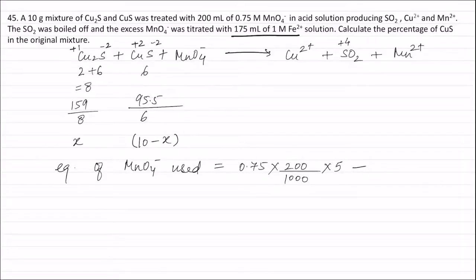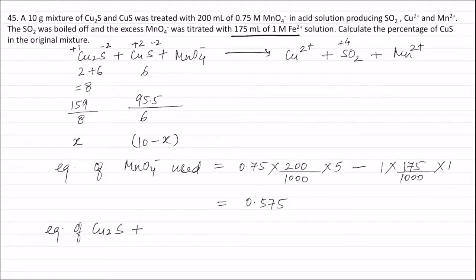And equivalents of Fe²⁺ ion will be molarity of Fe²⁺ ion solution, which is 1, into volume of solution in liters, that is 175 divided by 1000 liters, into valency factor, which is 1. Solving this, equivalents of MnO4⁻ used is equal to 0.575 equivalents. Now equivalents of Cu2S plus equivalents of CuS